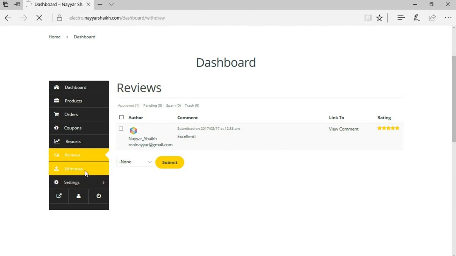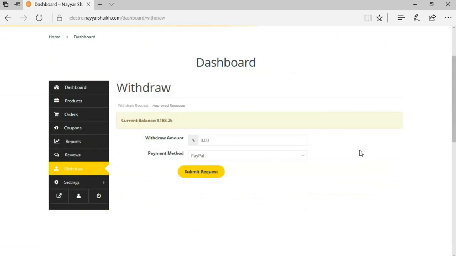Then we have the withdraw options. Basically it is the withdraw setting. For example, the seller has made sales of around $1,000. So what are the different options? We can pay that seller through PayPal or through bank transfer, and we can select that over here. And if a seller wants to withdraw the money he has earned, he must reach a certain amount, for example $100. So we can set that, and we can also set a fixed date. For example, after 10 days of this sale, he can withdraw the money. So these are the different options which you'll see later on in this video.